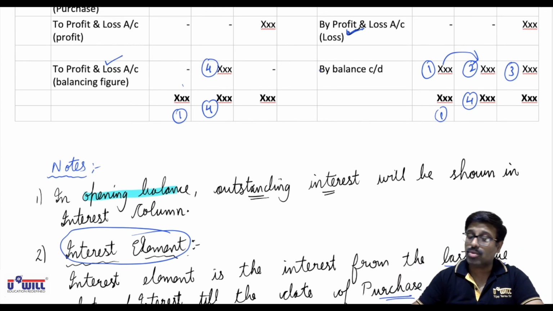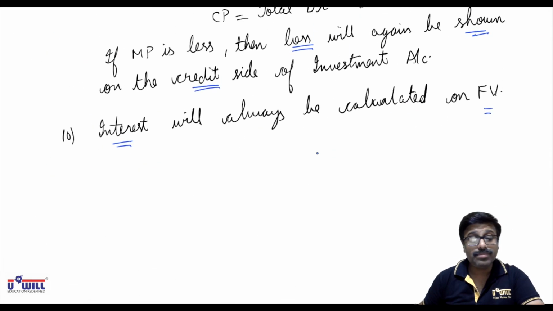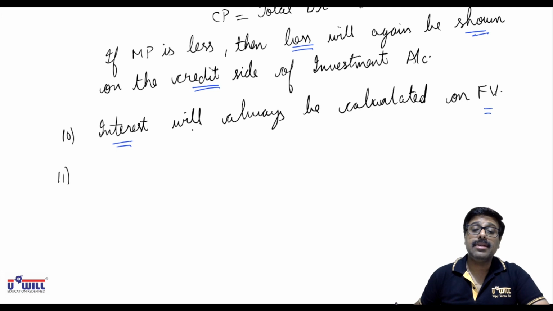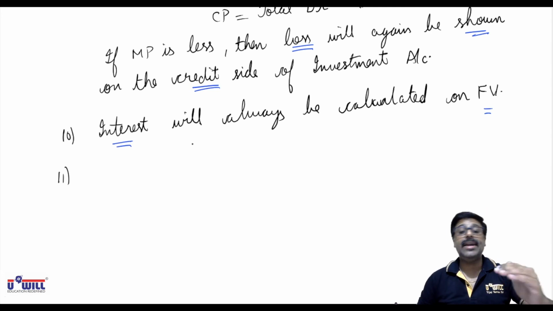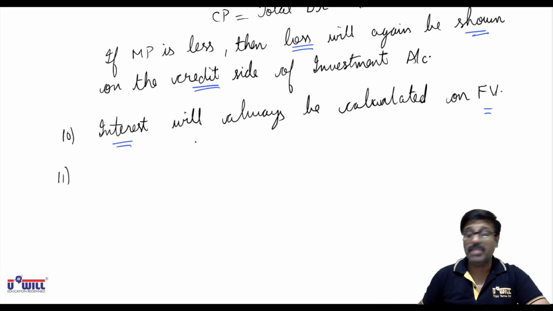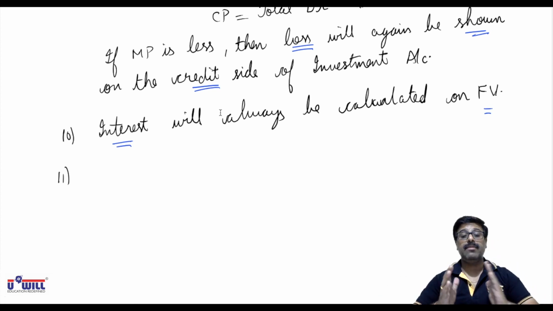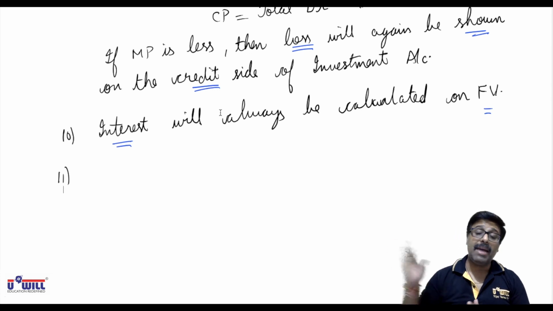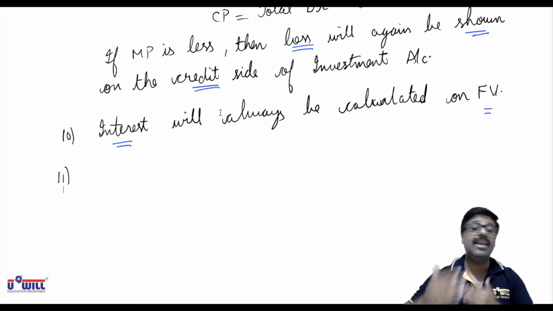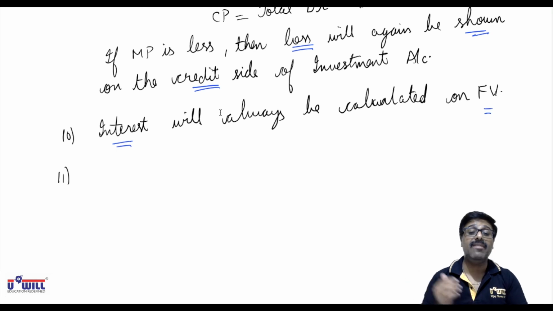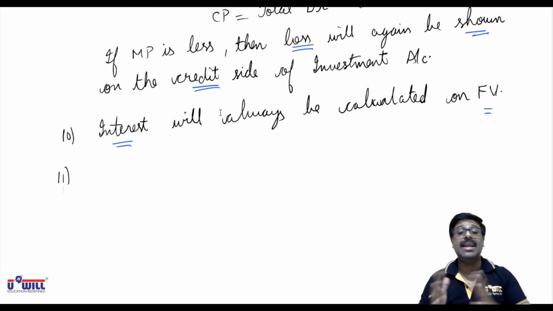And one last note what you have to remember is, when we sell the investments, then we follow weighted average method of finding the cost of those investments. Suppose when we talk about investment account in a banking company or a finance company, they buy and sell the investments again and again. They trade on investments, means they buy and sell again and again.